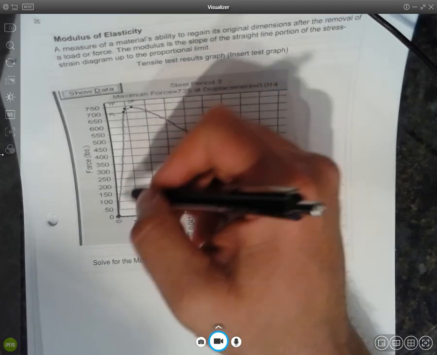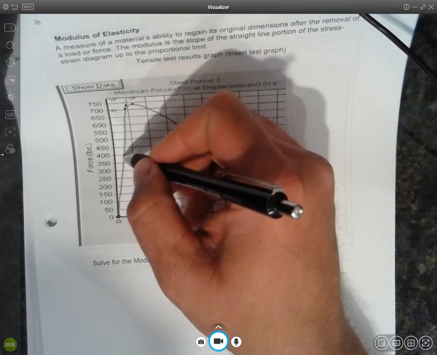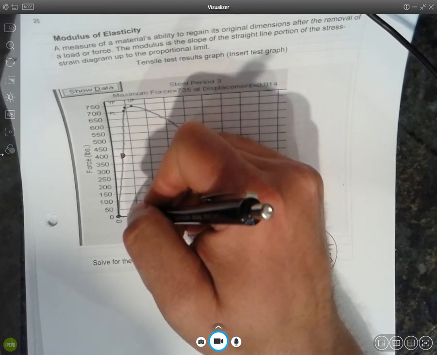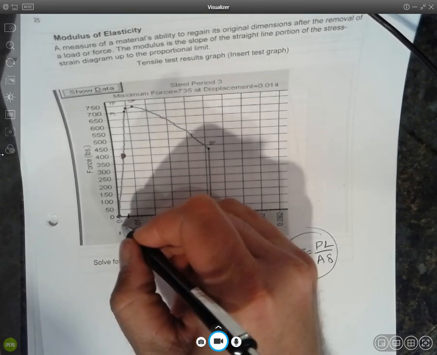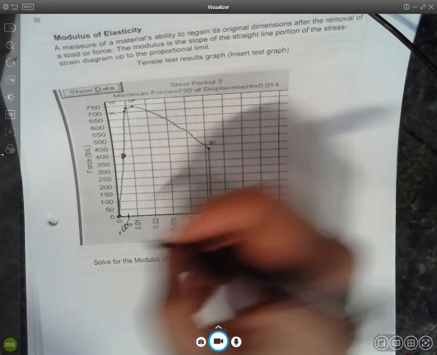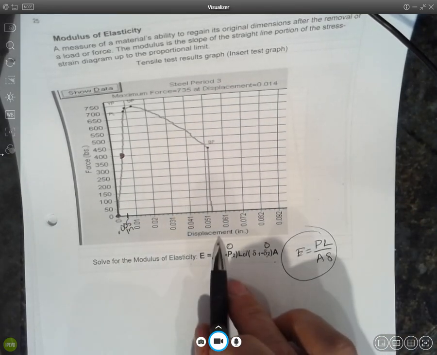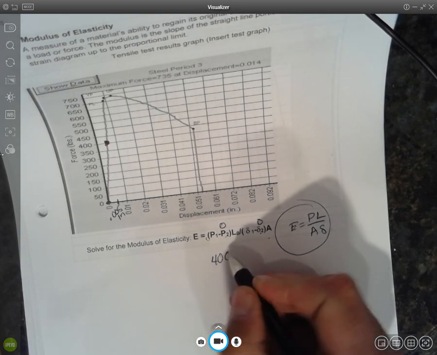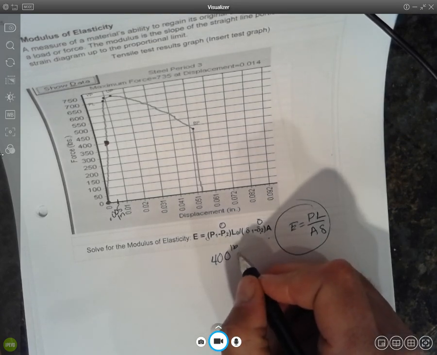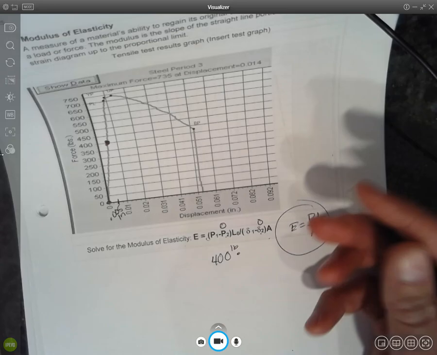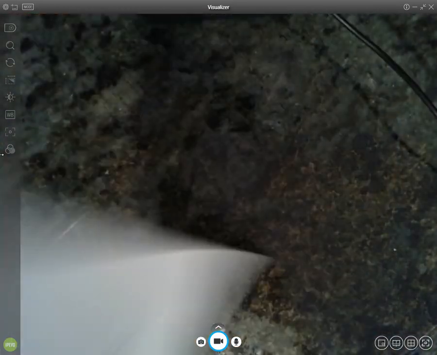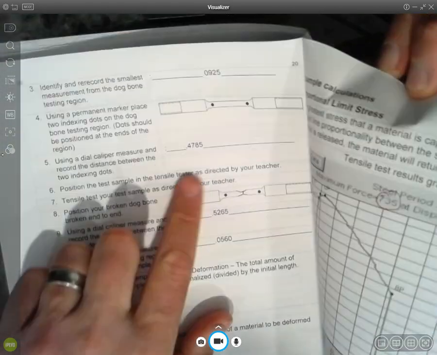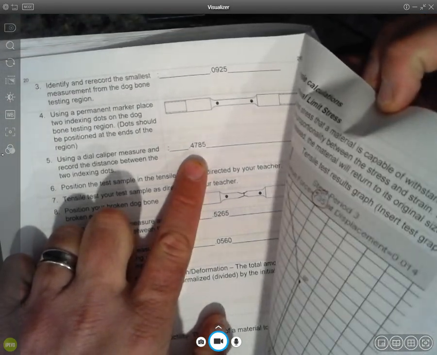So on this line, this one looks like it's right at 400 and right in the middle here at 0.005 inches for the displacement. So I'm going to use 400 pounds times the length, and our original length, you're going to actually flip back to where we measured it, 0.4785, all right,